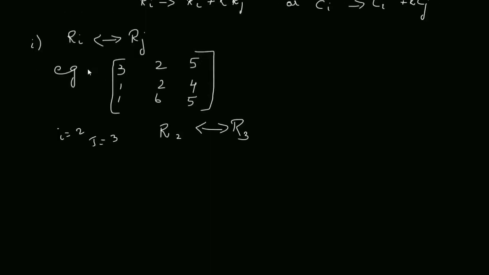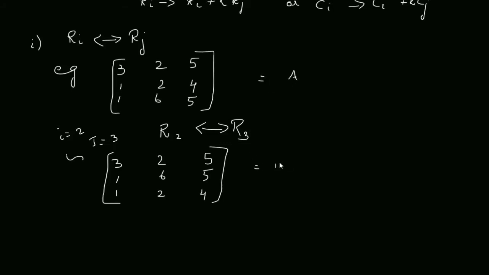So what happens now? This matrix will now change to a new matrix. That is called an equivalent matrix. This is a sign, inverted S. This is the sign we use to show equivalent matrices. Okay, they are not equal, they are equivalent. That's very important. So the second row became the third row, and the third row became the second row. Can you see that? 1, 6, 5 is the second row, and now the third row is 1, 2, 4.